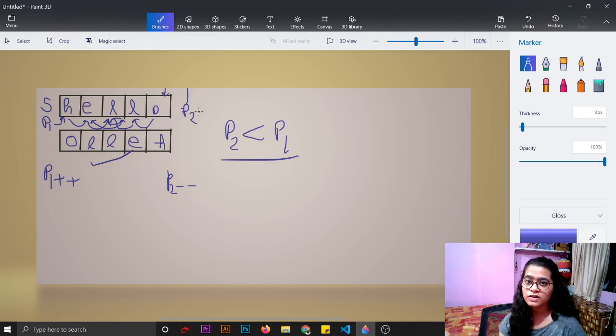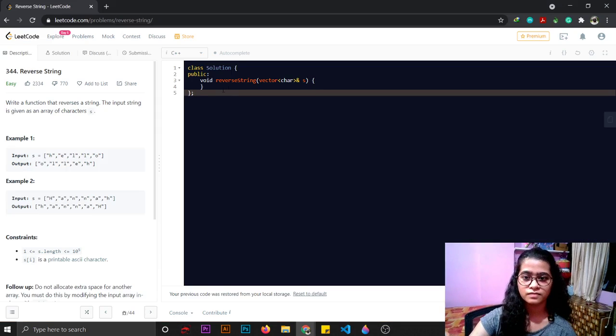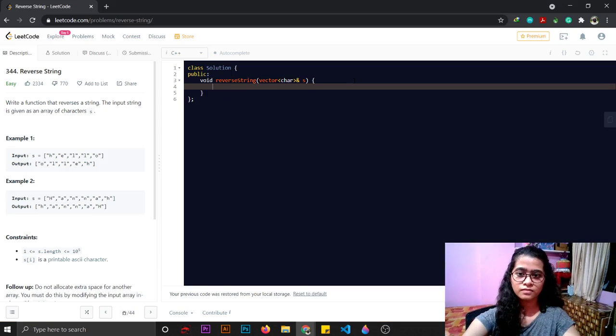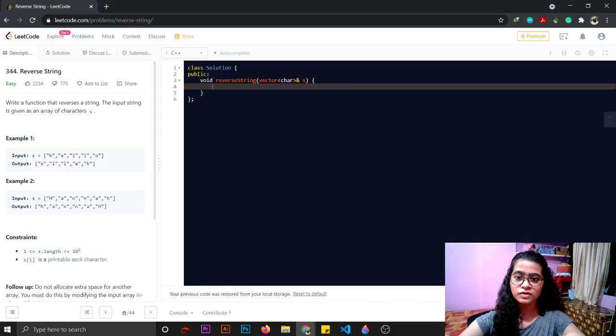So now we will write the code part. So first of all, we'll take two pointers. I'll name them right and left instead of p1 and p2.